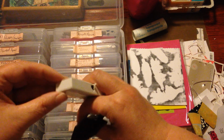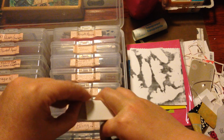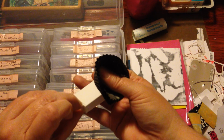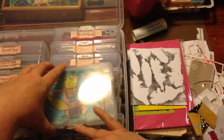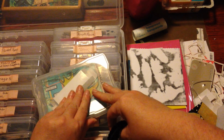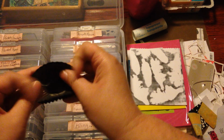Alright, this had a thumb drive in it, but again, it's a cool little box, so I will just collapse it, and it will fit in my pockets and envelopes, because even though it's a box, that's kind of what I would use it for. Alright, I got some candy for